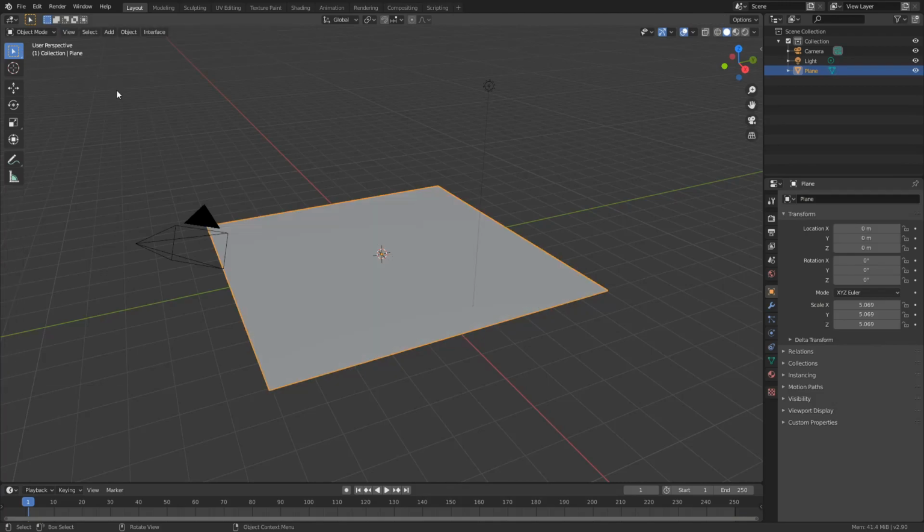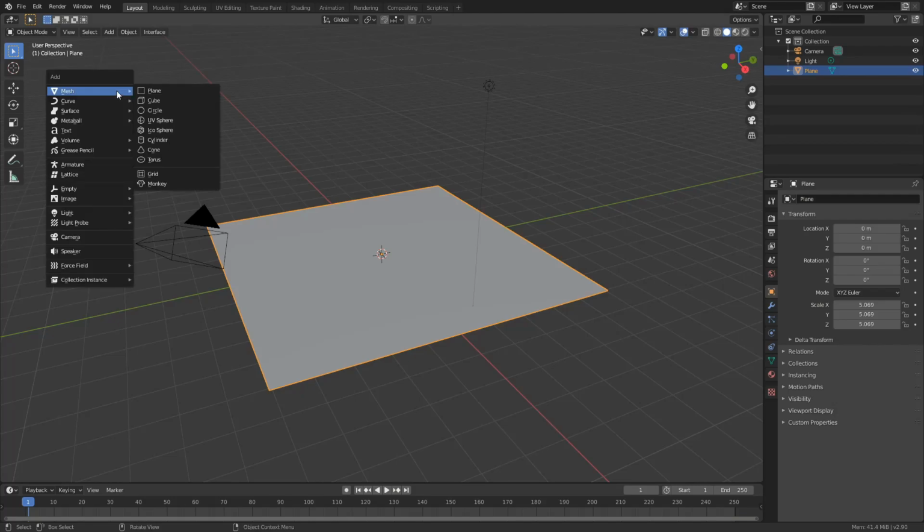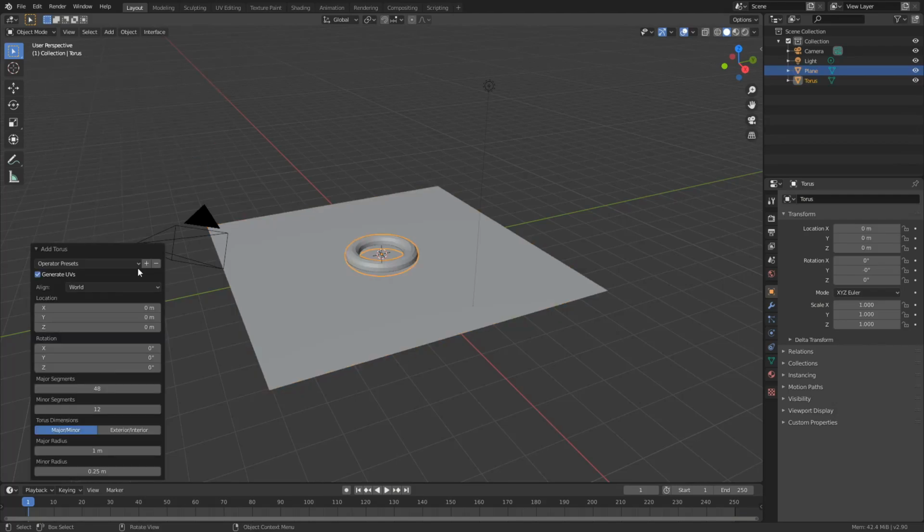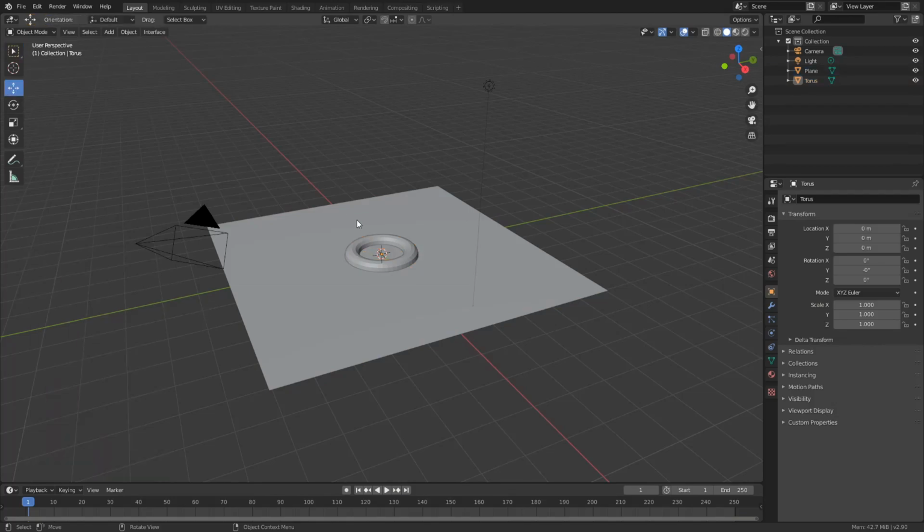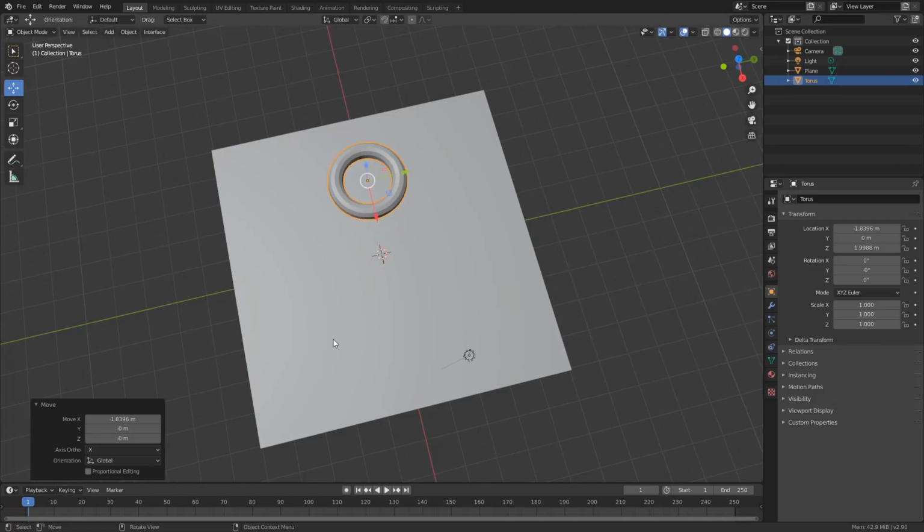I'll tab back into object mode, and the next thing I need is a brush or a particle system. So I'll press Shift and A and I'll add in something like a torus. Now I'm not going to win any awards for animating here, so I'm just going to quickly animate it over 200 frames. So I'll enable keyframes,